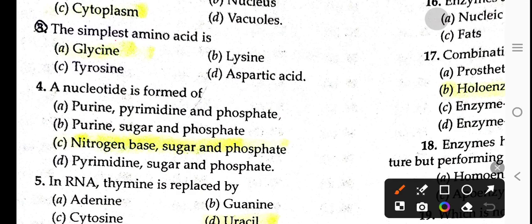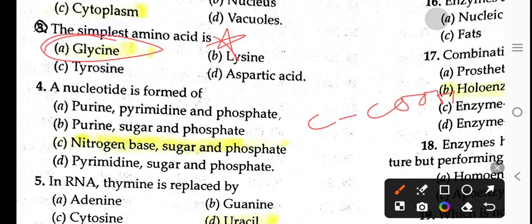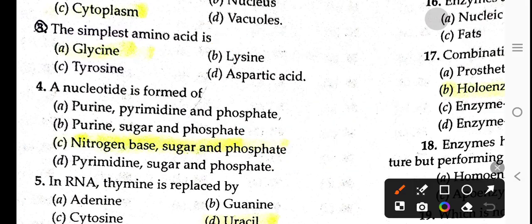The simplest amino acid is glycine. Option number is the right answer and this is an important one. If we look at the structure of glycine, it contains one carboxylic acid group, one amine group NH2 and two hydrogens. So this is glycine. Next one is: a nucleotide is formed of